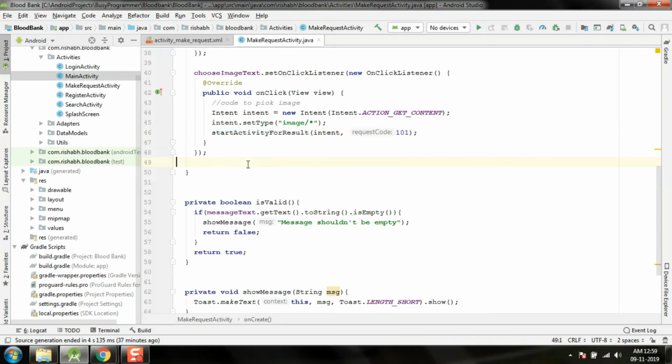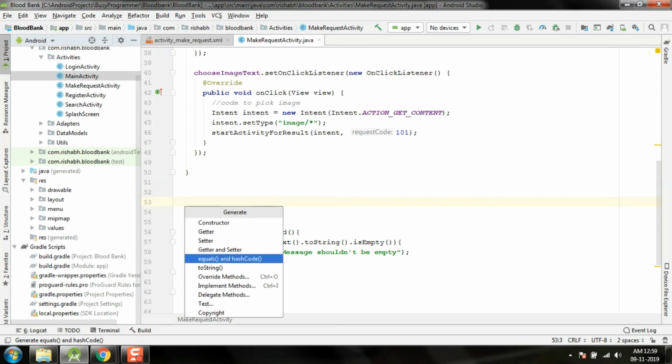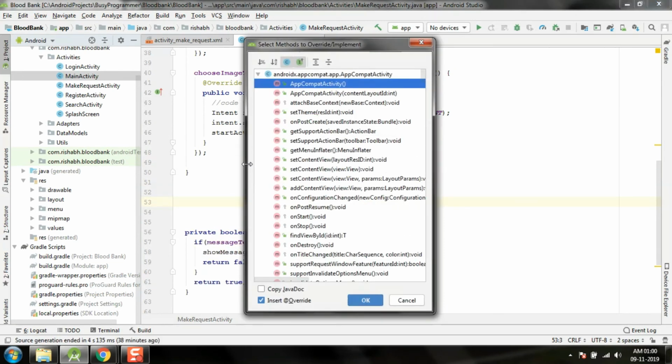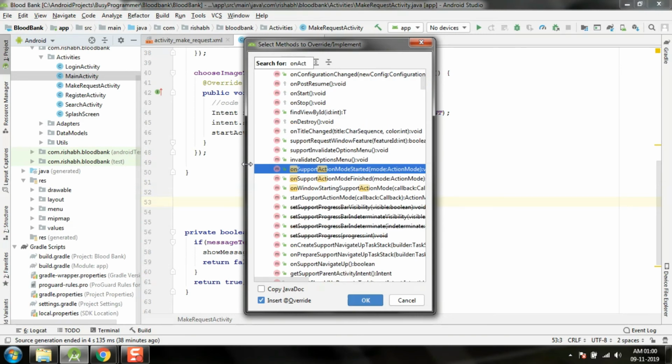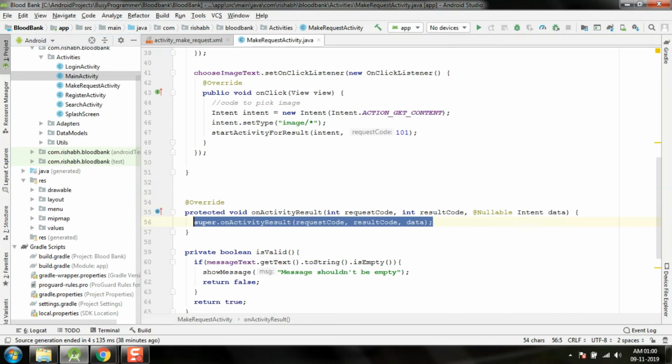Let me just show you what I'm talking about. For that you need to override a method that's available in activities and fragments. It's on activity result. So this is it,